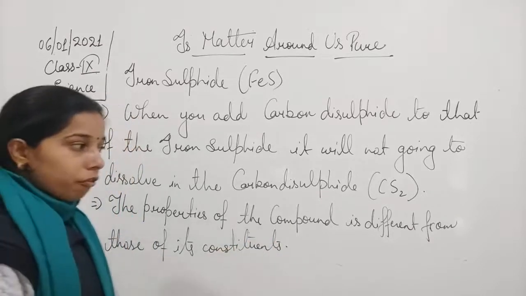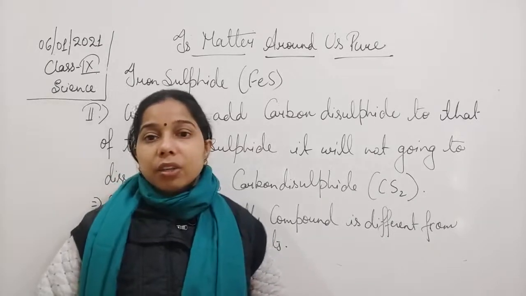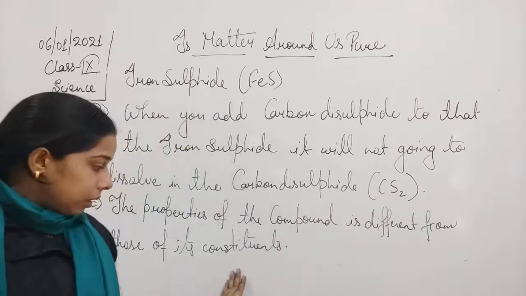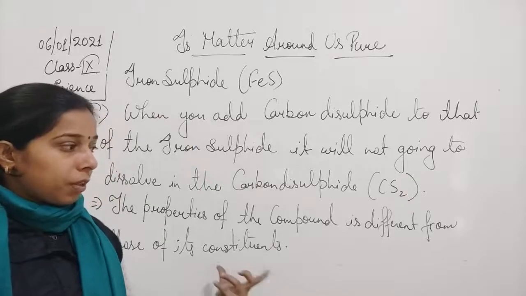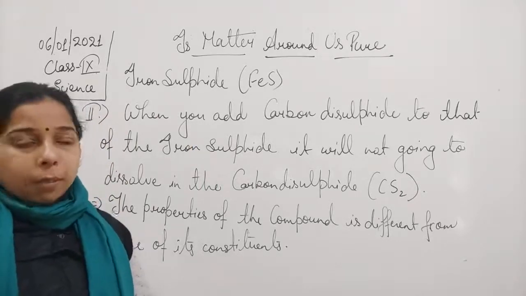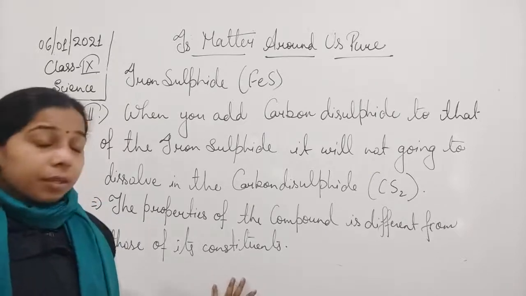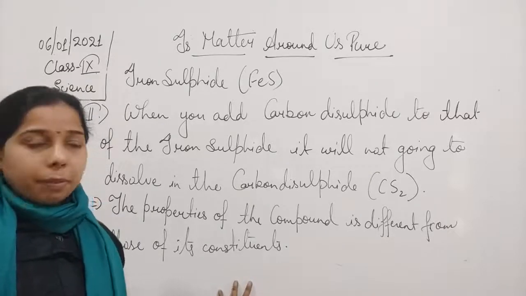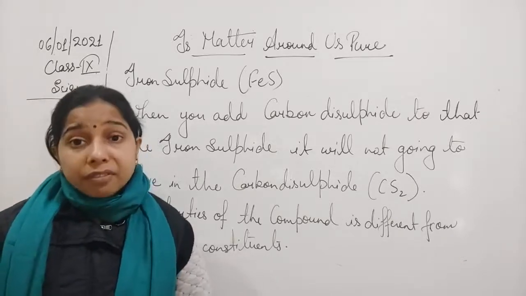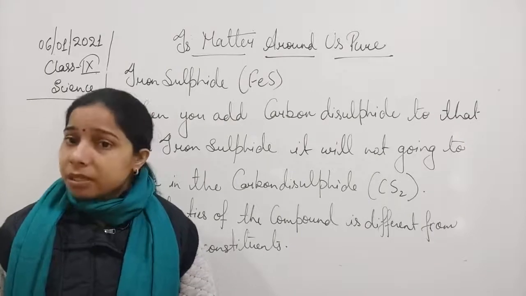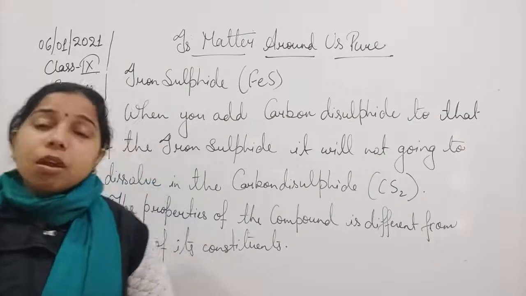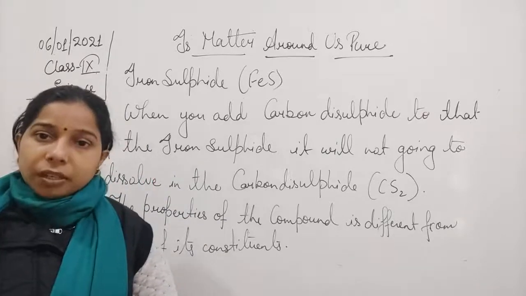But in case of a mixture, we have seen that they show the properties of their constituents. In a compound, the different constituents differ from their own properties, but in a mixture, they show their individual properties. In a compound, they are totally different from each other. And if the properties are different, we can look at the other properties also, to see how they differ from each other.